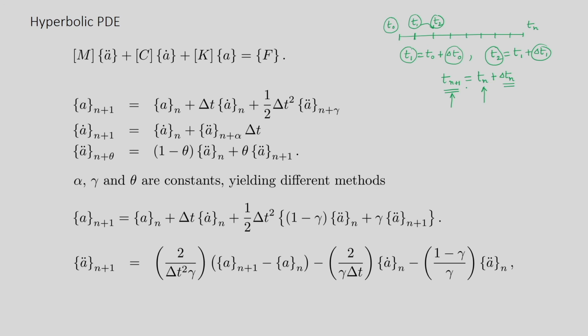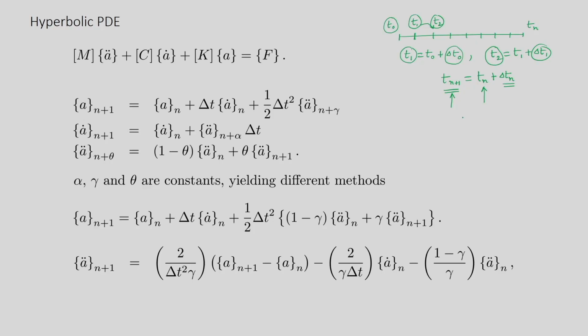So all the terms associated with time instant tn will have a subscript n. If I say the displacement, in this case this is nodal displacement, because A are basically the nodal degrees of freedom. So these correspond to the nodal displacement at each of the nodes. If I find out the displacement at time instant tn, I will refer to it as A n.